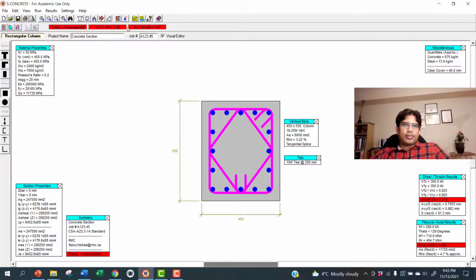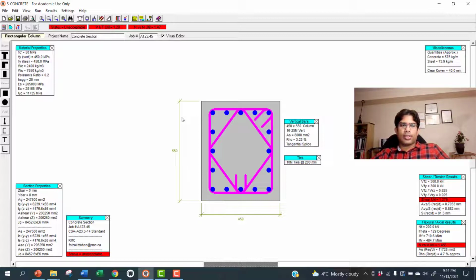Other thing is these values need to be less than 1. If it is more than 1, say 1.28, it shows red color, and 1.47 shows red color, and it says unacceptable. So it needs to be less than 1, then it will not be red color, it will be green.